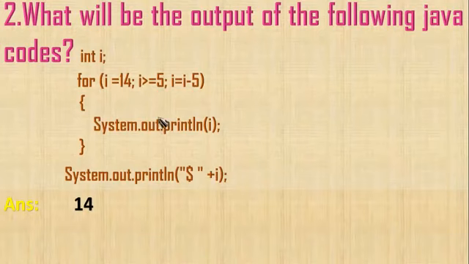9 is greater than 5, that is true, so it will print 9 also, and then comes to the next line. Now it is decreased by 5, it becomes 4. This is not true now, so it will come out of the loop. So now it will print this one, that is dollar symbol 1 space plus 4 it will be printing. So here the loop gets executed 2 times.